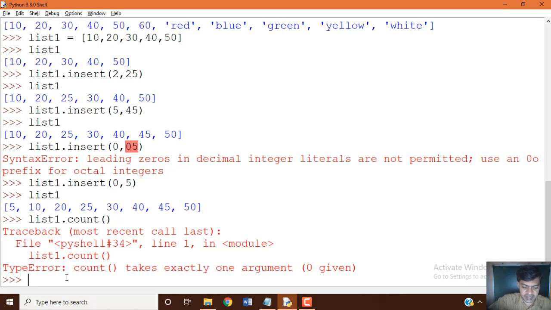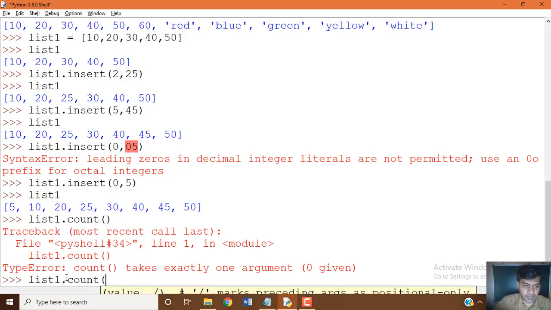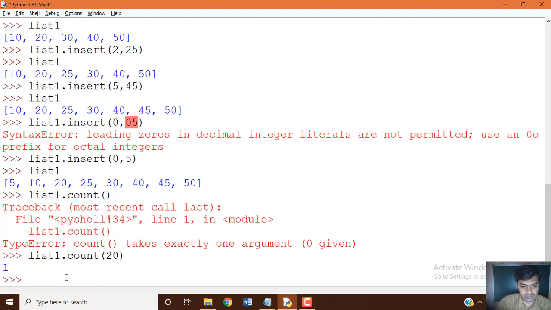Now we'll take list1.count of 20. One time. In our example, 20 is placed only one time in the entire list.